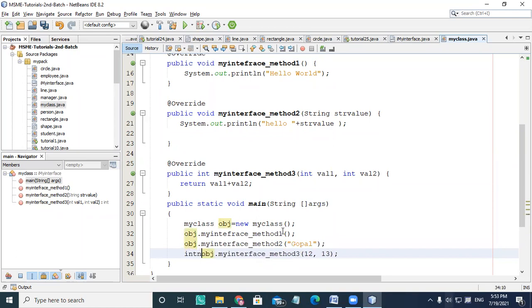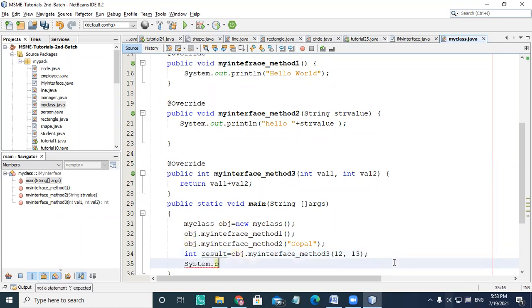So I'm just using int result equal to whatever the method is returning, and I'm going to print it here: System.out.println, result equal to plus result.